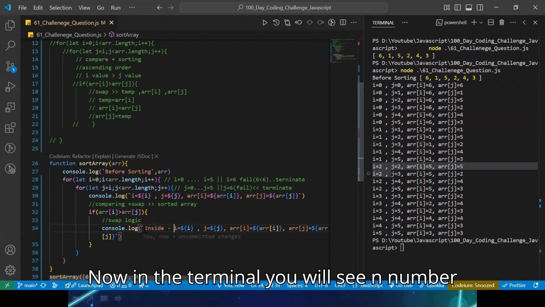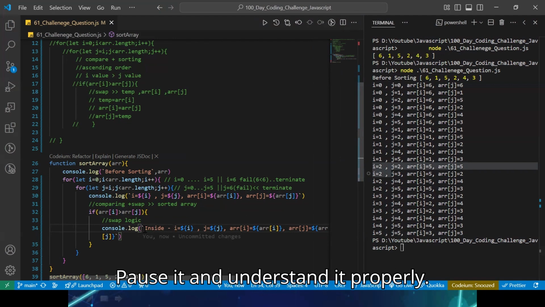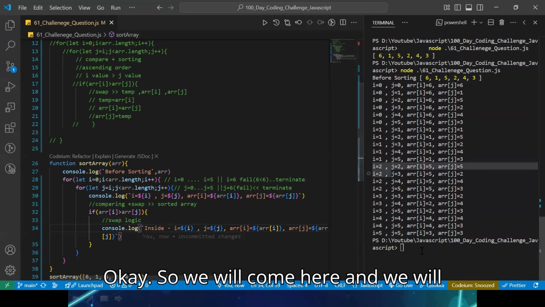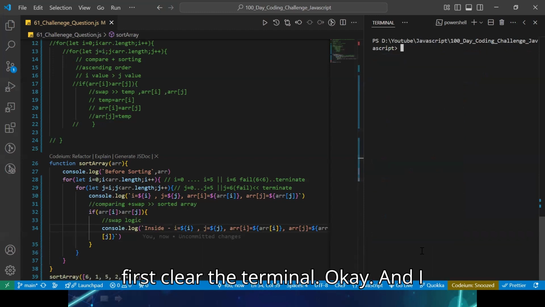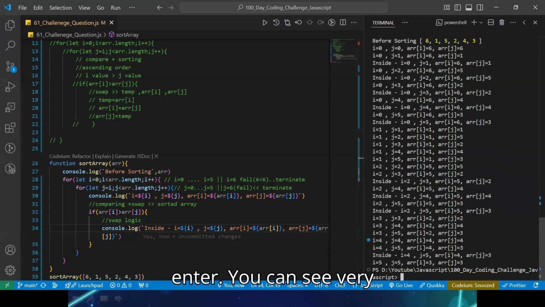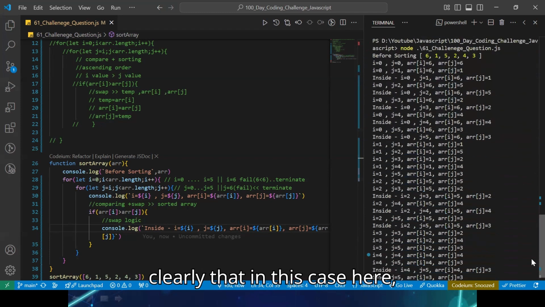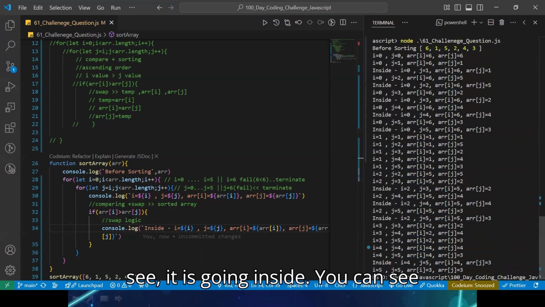Now let us come here. In the terminal, you will see n number of lines, so don't get confused. Pause it and understand it properly. We will first clear the terminal, and I will write node day 61 challenge, and hit enter. Now you can see very clearly that it is going inside.